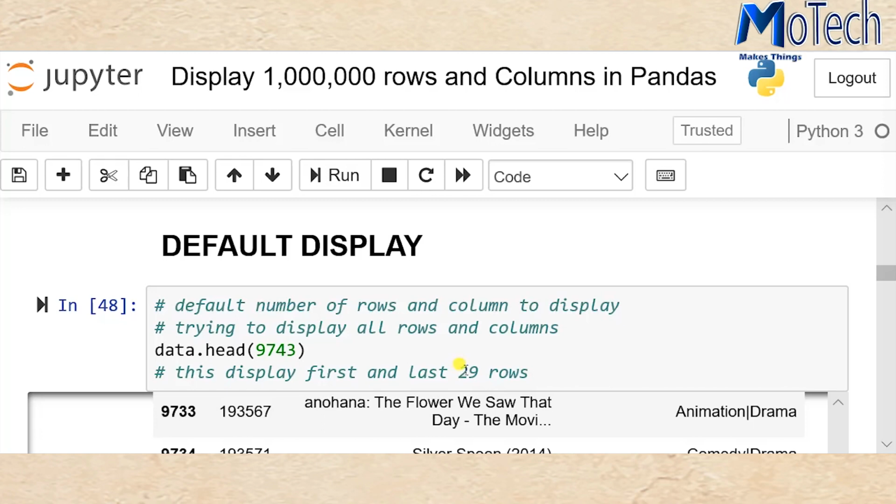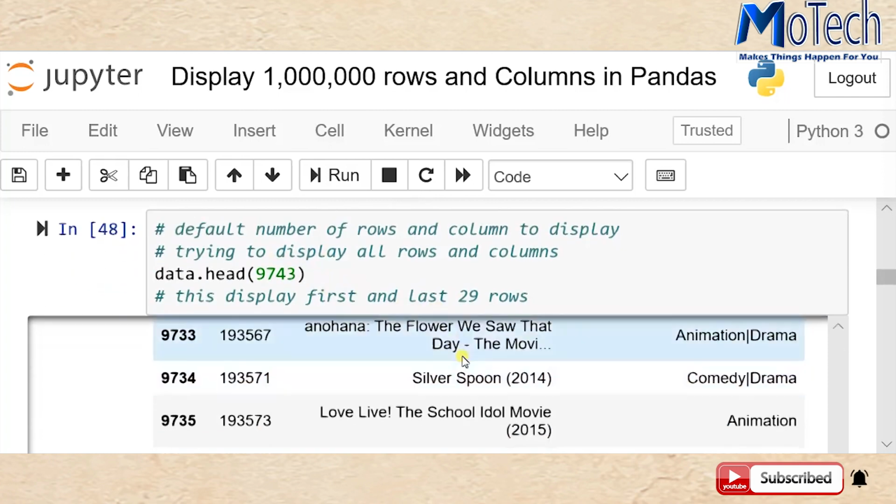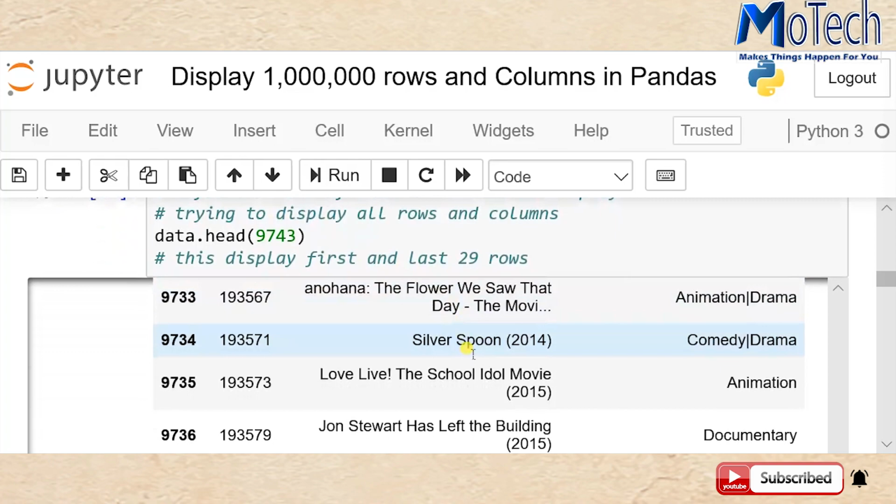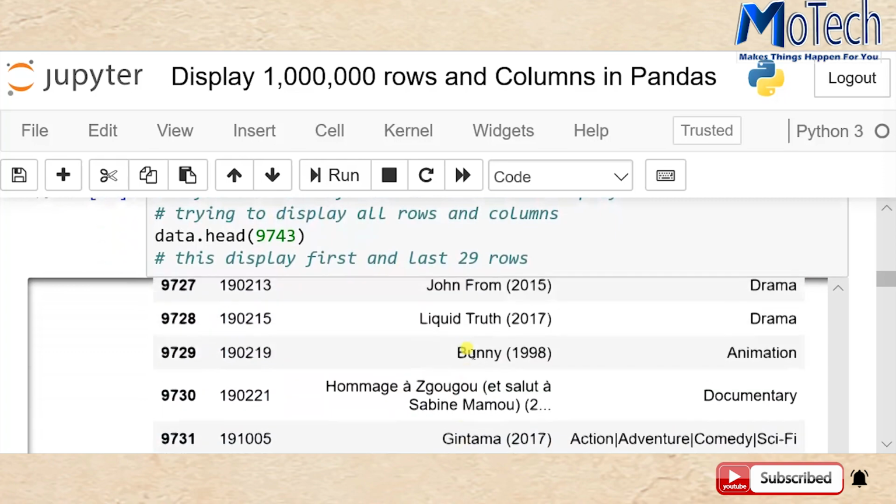As I've said, it will not display all rows because we are using the default setting for displaying the maximum number of rows and columns. After running this cell, data.head, then we pass the total number of rows. It will show the first 29 rows and the last 29 rows.